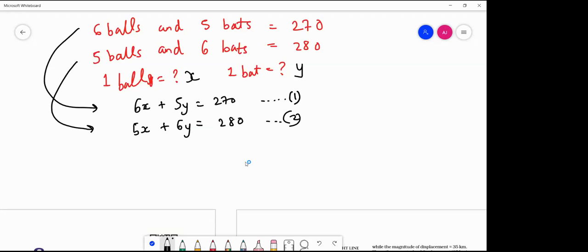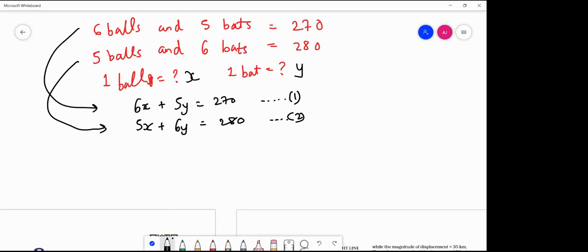Yes. Okay. Now in this chapter, there are different ways to solve these conditions, or to solve the equations. If there are two variables in an equation, then to solve them or to get the answer, you should always have two equations also. So we have seen equations like 5x + 6y = 280. Okay, this is the second equation.